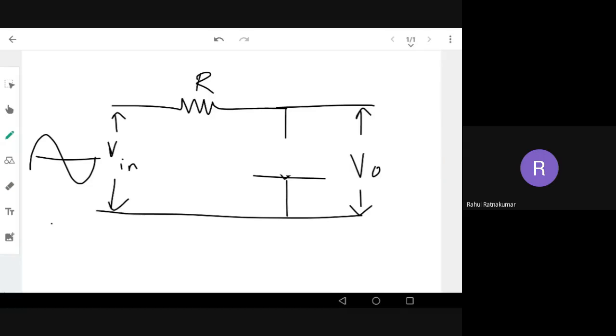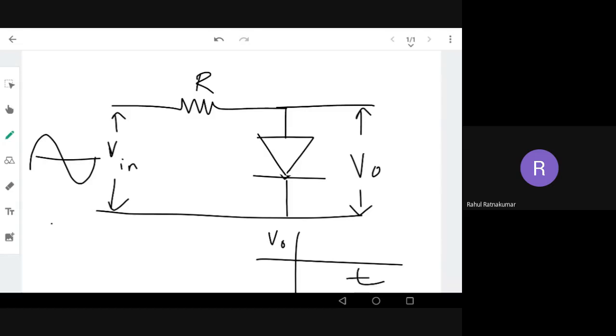Here the independent parameter is the V input, because we can control the V input to the circuit. Now, based on this, you have to draw the input-output characteristics. One input-output characteristic is the output voltage versus input voltage. Another is output current versus input voltage, right? But first, before that, you should know the output waveform, that is, the output voltage amplitude with respect to time. That is the waveform, right? Output voltage with respect to time.